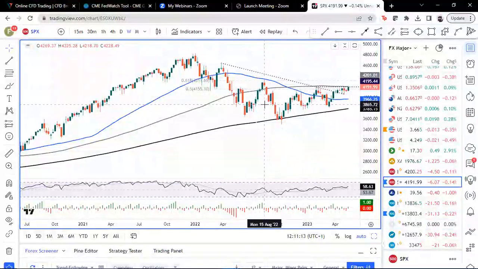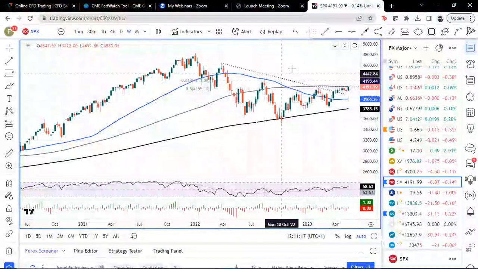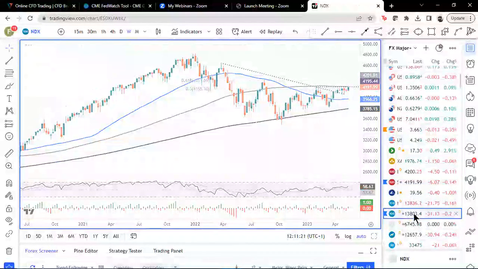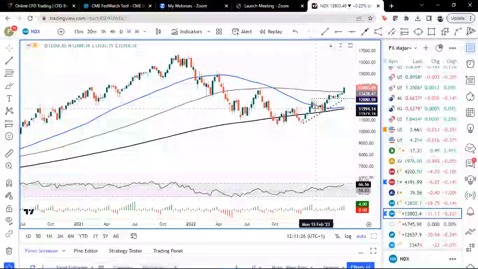Kind of tallies with that mid-August high from last year, 4,325 there. That's the upside in the S&P 500. As for the NASDAQ, weekly, again, we highlighted keeping, if we're holding above